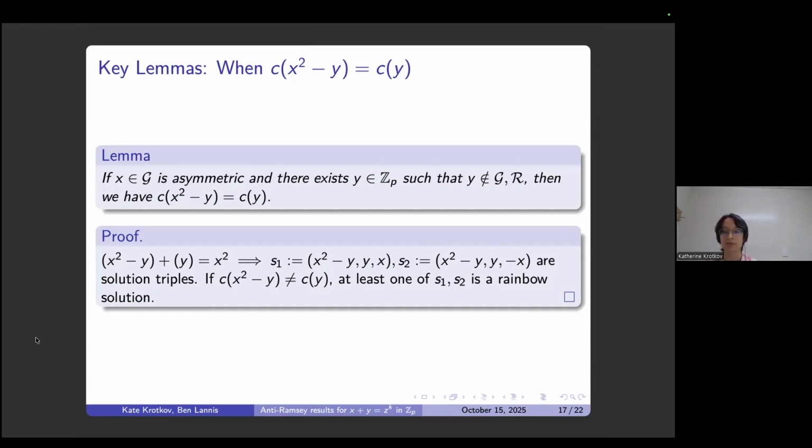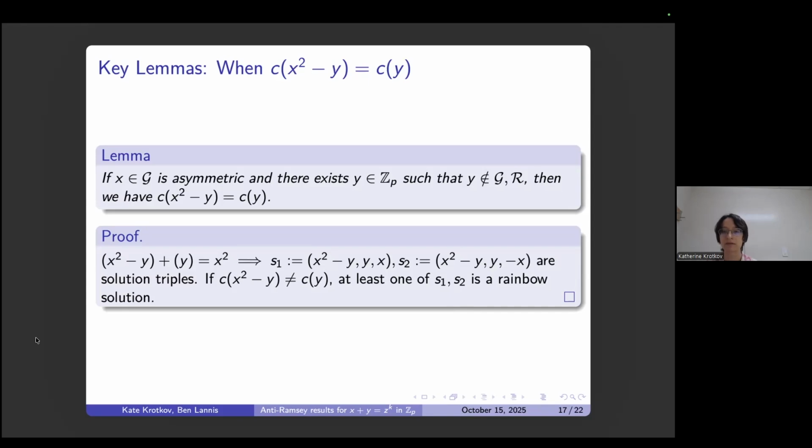So we have x squared minus y, and x squared minus y, and minus x. If the color of x squared minus y is not equal to the color of y, where the color of y and the color of x and minus x are already defined, if it's distinct from both of them, it's not red or green, then both S1 and S2 are rainbow